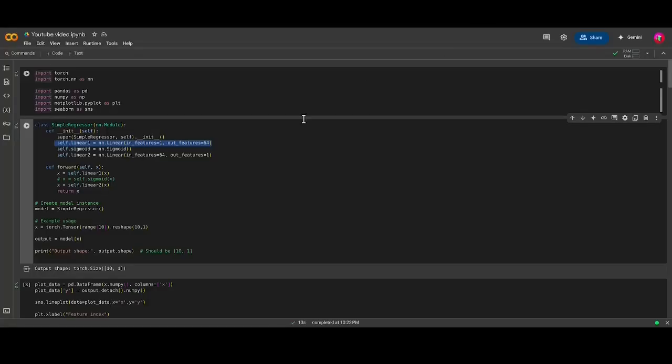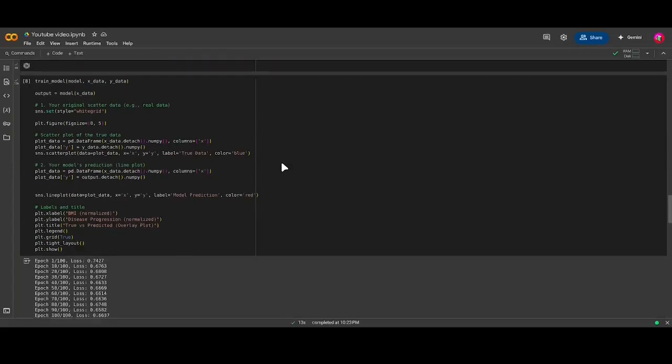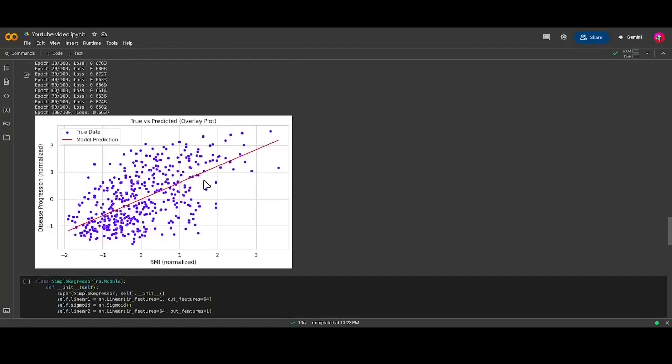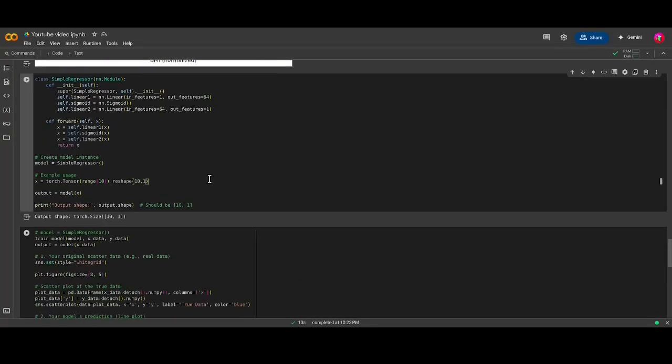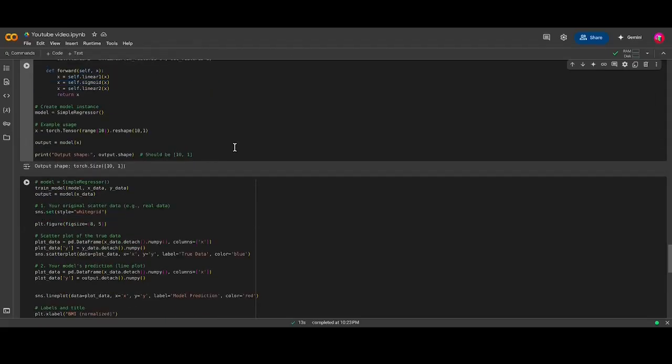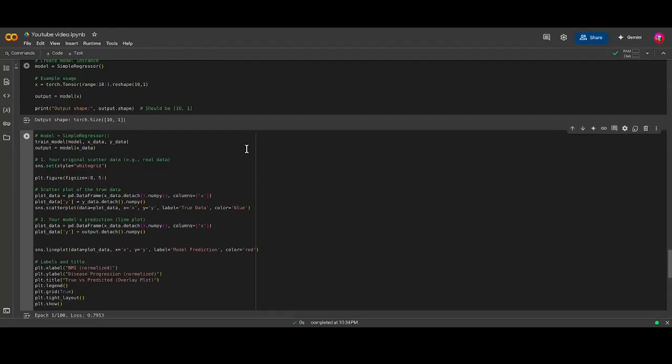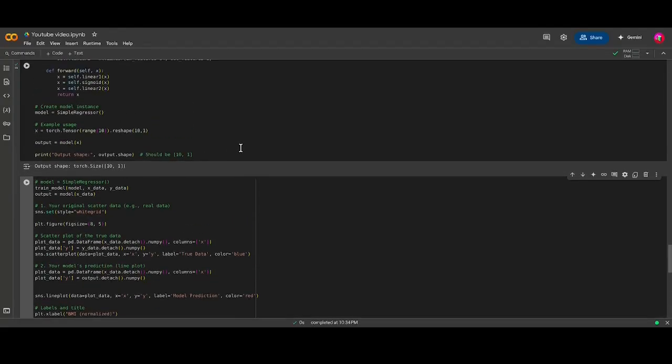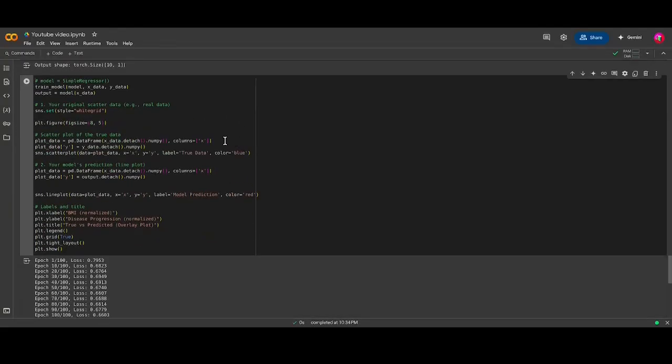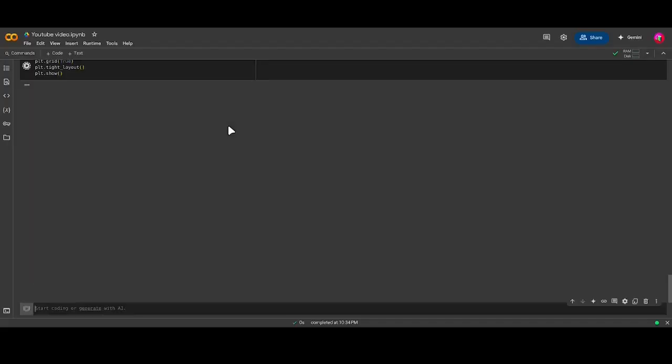Let's see how that looks. So we have the trained line to the model. Now we will initialize the same model, but we will include the sigmoid. Let's compile that. Next we are going to train the model again. We are doing the same thing, it's the same function, it's the same process, but we will get a different